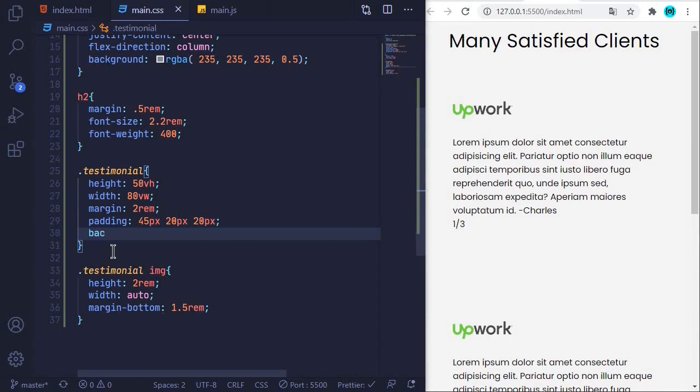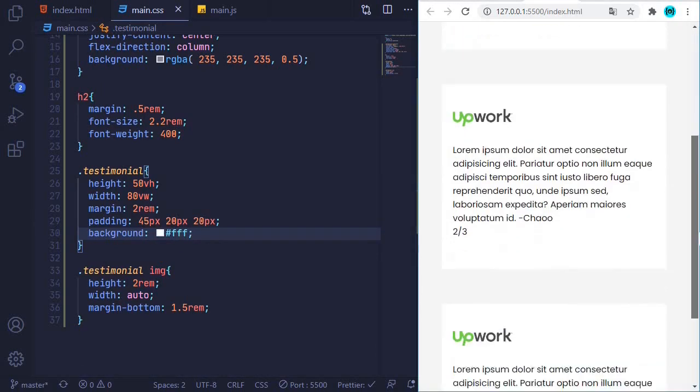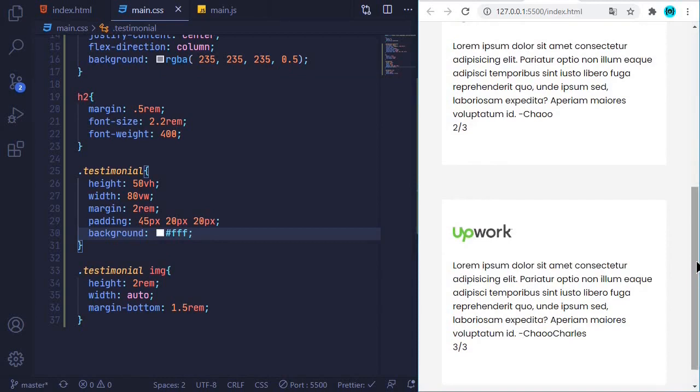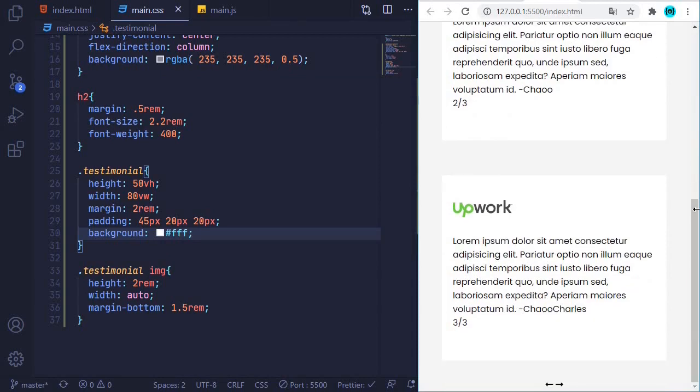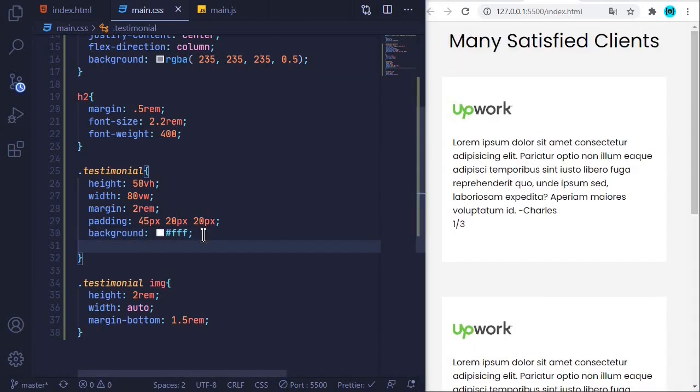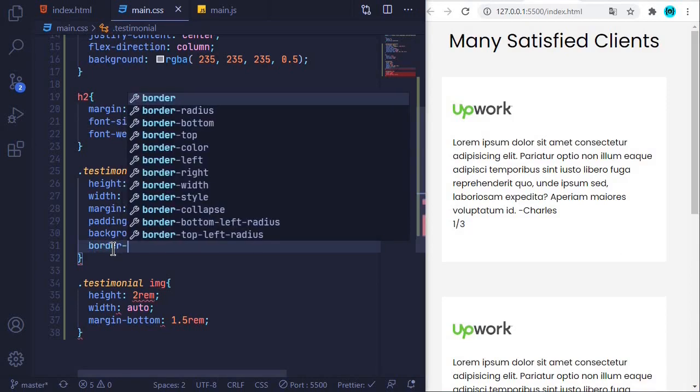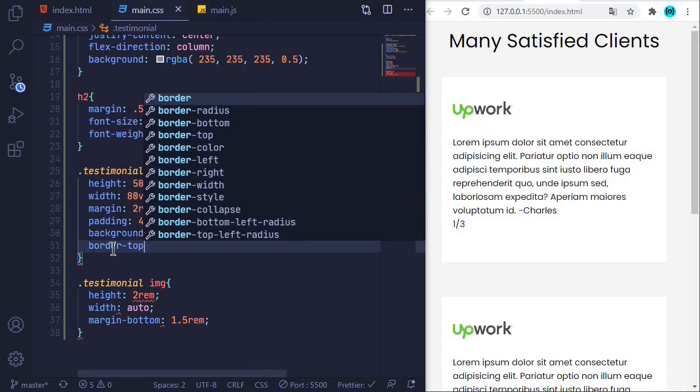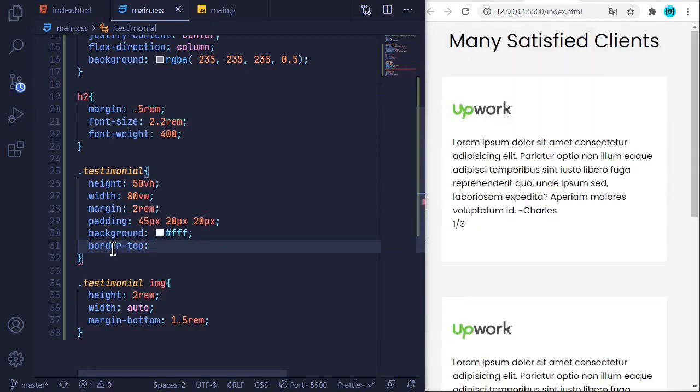Let's add now a background which will be white, so #FFF, and you can see our testimonials now are taking shape. Let's add the border-top, which is this one right here. So I'll say border-top. It will be 4px solid